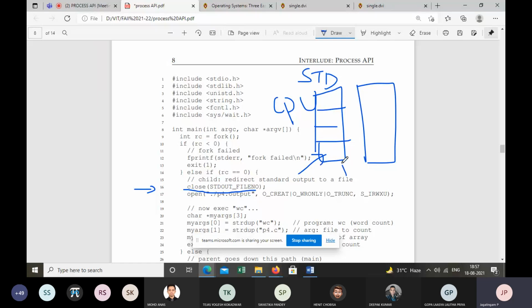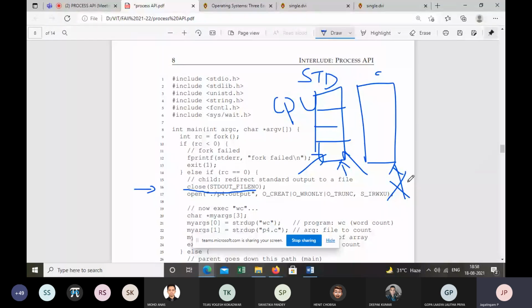Now for the child process, we are going to close the standard out pointer. Now when we close this, we have closed the file pointer standard out. So after we close it, if the child completes the execution, the output will not be printed on the screen.